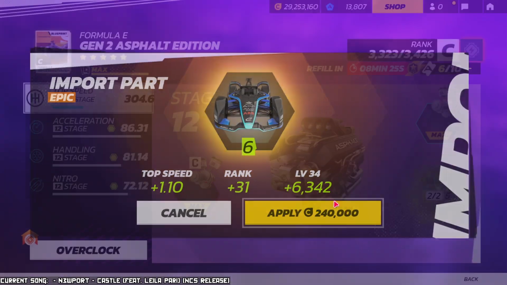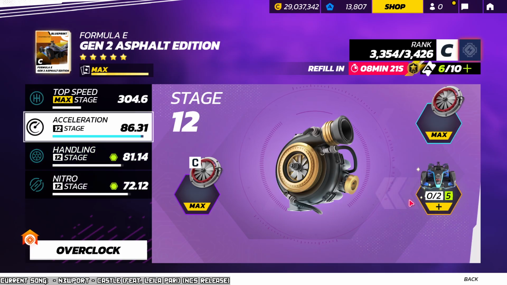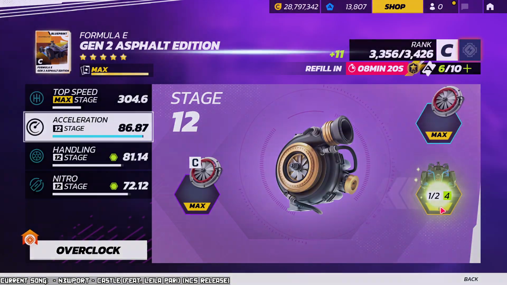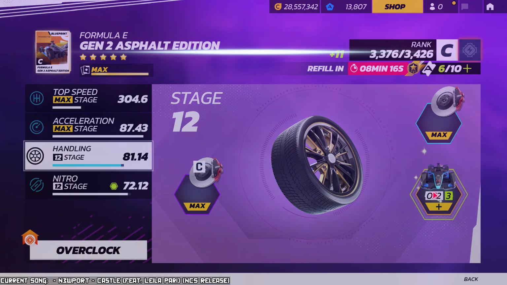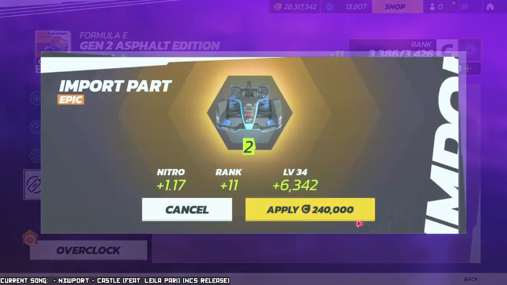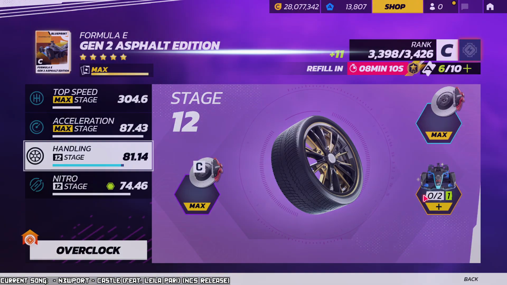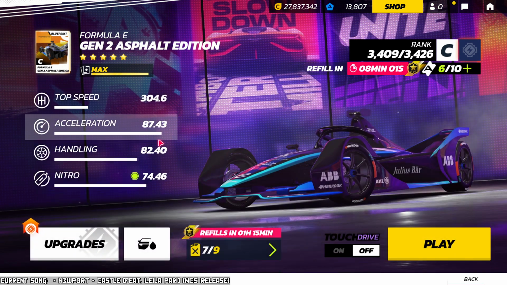I think there's 1 epic that I'm not going to apply right now. Oh, look at the acceleration. We're going to go from 86 to 8743. Damn, that's very, very high for a Class C. I'm going to apply these 2 epics in Nitro, and handling is the only one that I'm going to live without that 1 epic. How much did I just spend? Like 6 million? Jesus Christ. But that puts me in a...